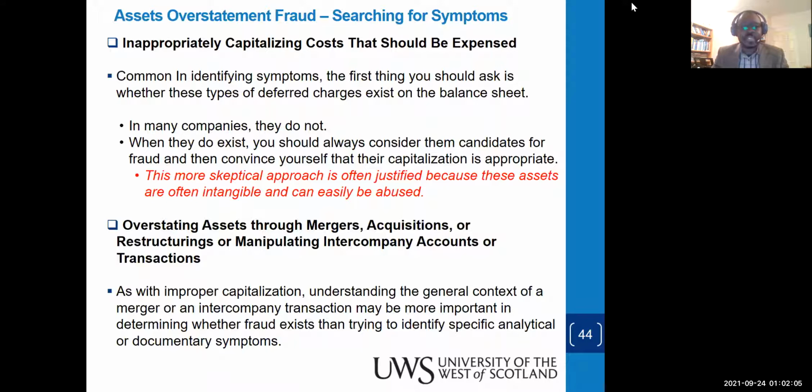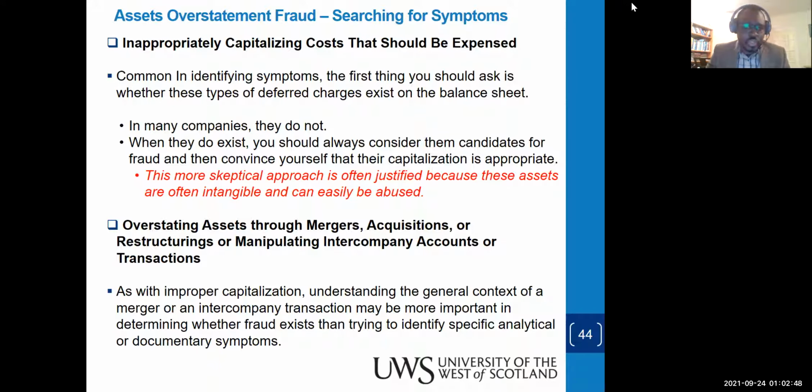Now again, let's search for symptoms. Inappropriately capitalizing cost that should be expensed. Look out for questions. So what are the symptoms you would always look out for? In many companies, they do not have to capitalize this. Like R&D research, you don't have to capitalize it. So this more skeptical approach is often justified because these assets are often intangible and can easily be abused. So be critical enough to question any expense, any costs which have been